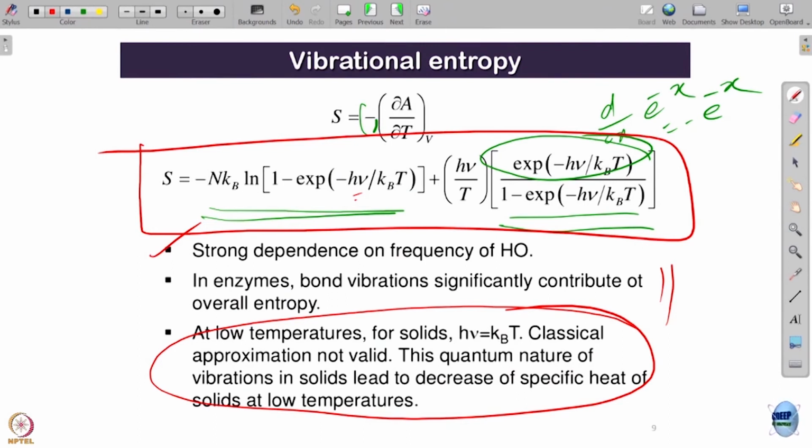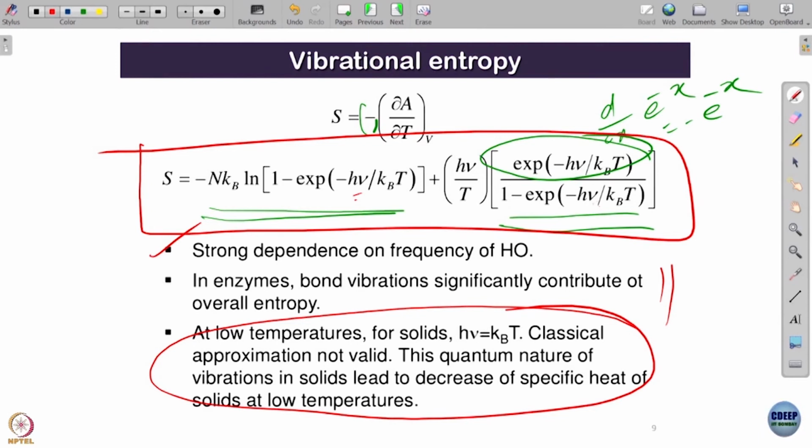power minus h nu by kBT goes to 0, and I have ln 1, and ln 1 goes to 0. So when nu is very large, this quantity would go to 0, and I have only 1 compared to 1. This is small, h nu by kBT is large. Again, h nu by kBT large means this term